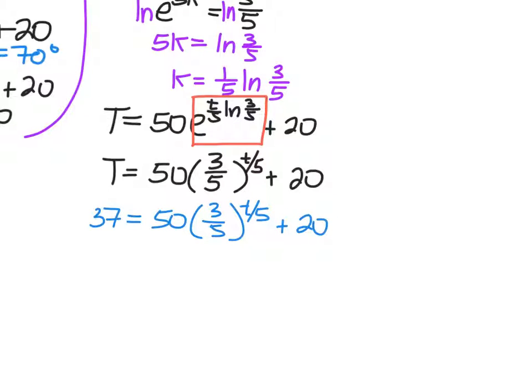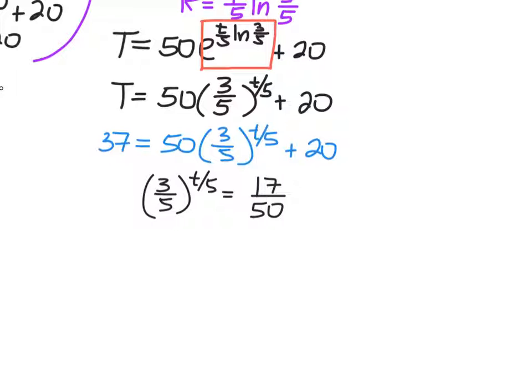So subtract, divide, 3/5 to the T over 5 will equal 17/50. Log both sides. So I'll just go meh, and one more meh right there. Okay, one more meh. So T over 5